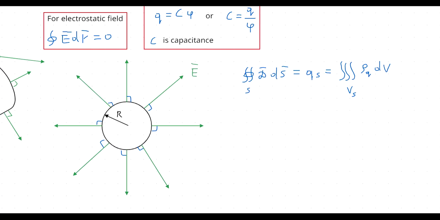This closed surface is a sphere that has its center in the center of the ball. So it will be a sphere, and I will make it dashed